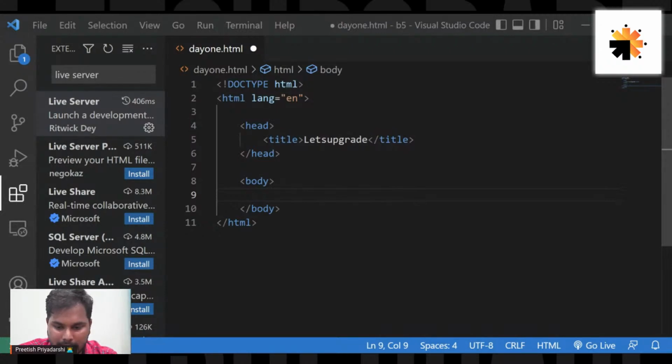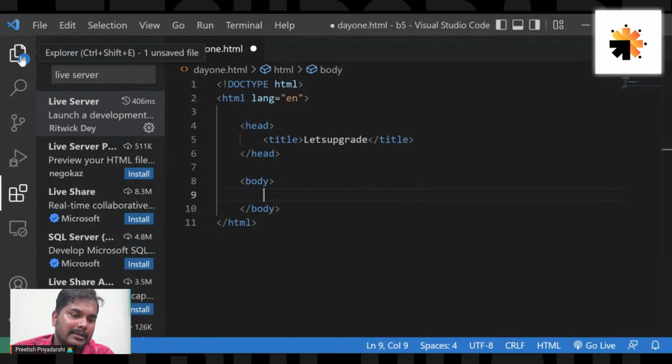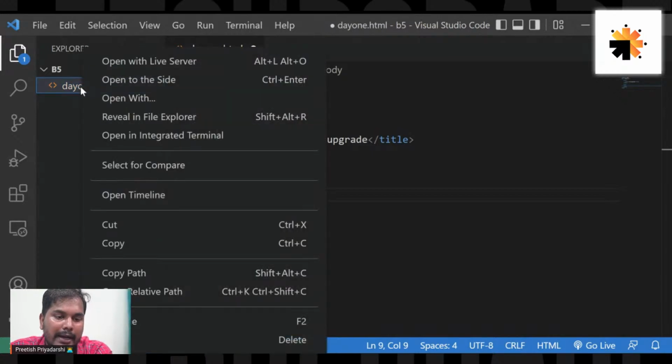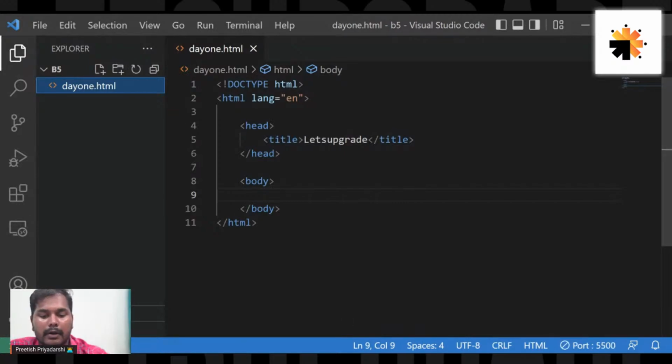So let's move further and see how this page looks. Before writing anything, let's see how this page looks. On the left-hand side, you might see this section, which is called the Explorer. Click on the Explorer, then right-click on day1.html and click on Open with Live Server. After clicking this, exactly what will happen is